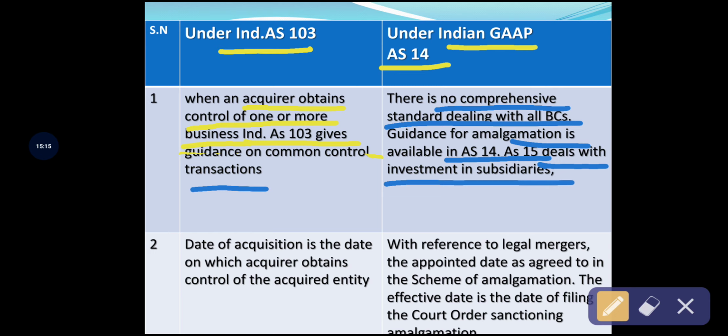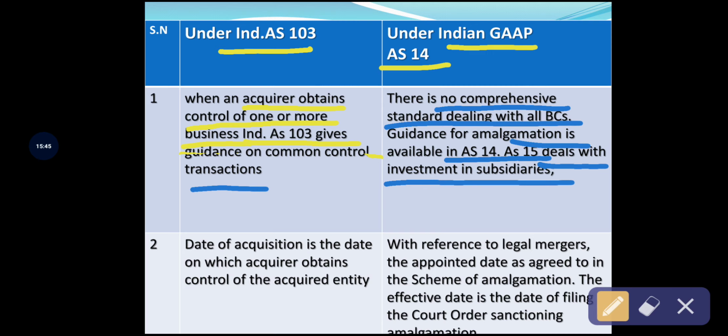So when a company invests in a subsidiary, the company investing in the other company has control over the assets and liabilities of that other company. So Accounting Standard 14 and Accounting Standard 15 deal with similar concepts, the concepts related to amalgamation and merger. So under Indian GAAP, the rules and regulations are available in both Accounting Standards 14